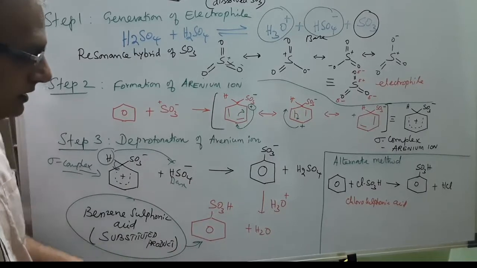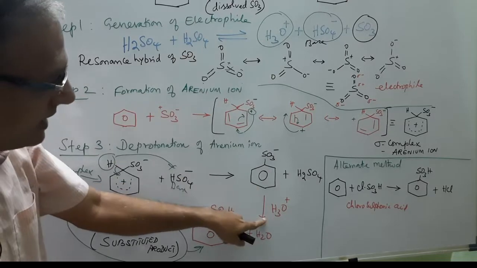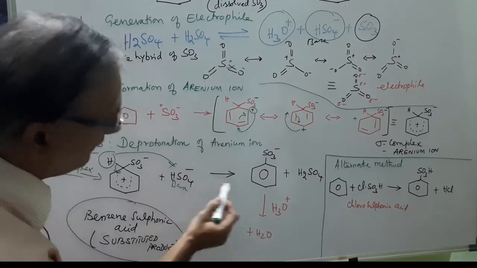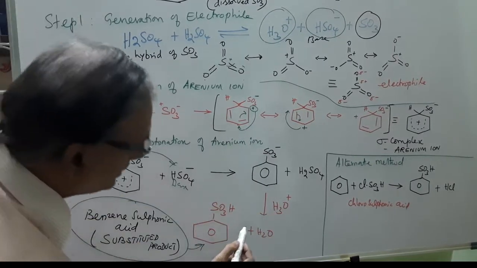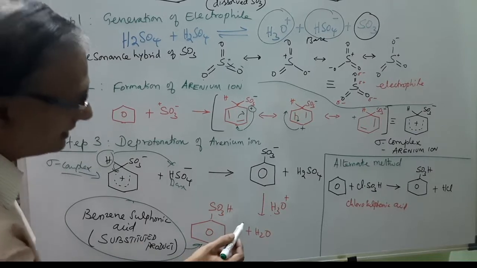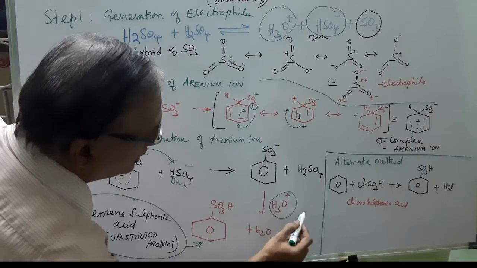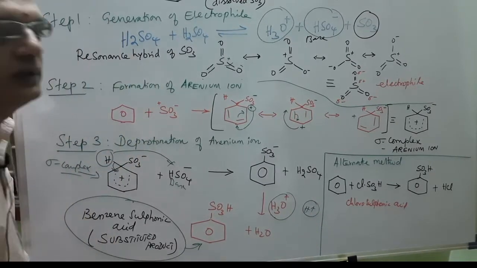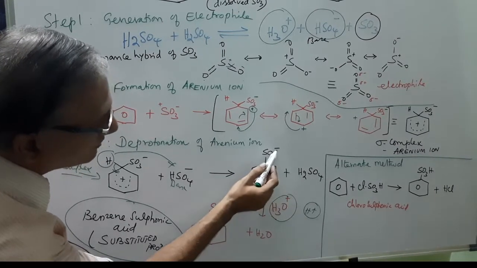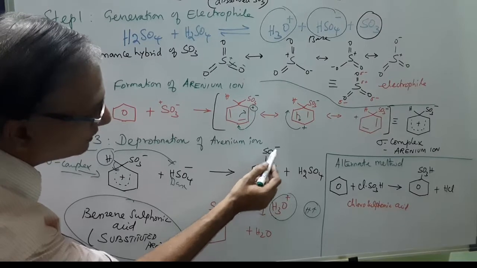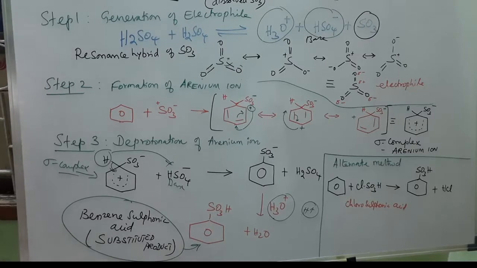Come back. And again our hydronium ion is here. The hydronium ion again reacts with the first formation of the abstraction of the base followed by here. So, this will supply the H plus ions. So, that H plus ion will come over here, so this is our H plus. So, H3O plus or H plus remain the same. Okay, hydronium ion or hydrogen ion. So, that will go and substitute here, neutralizing this SO3 minus by H plus to get our benzene sulfonic acid as a substituted product, along with